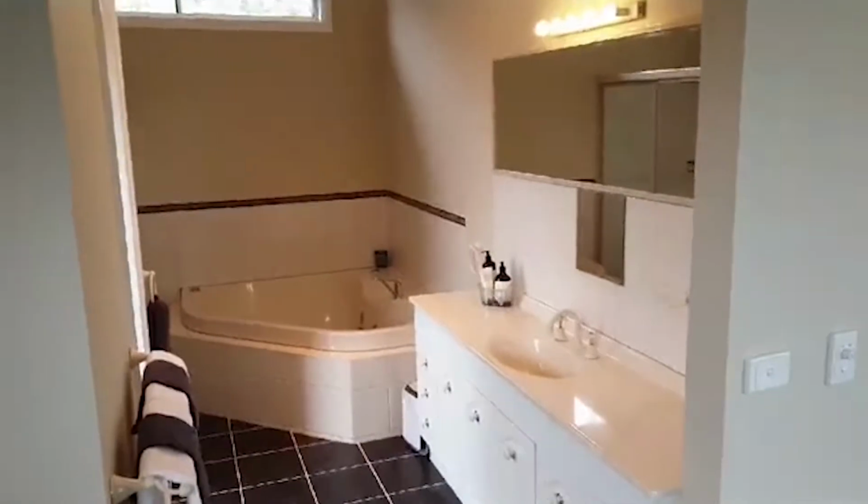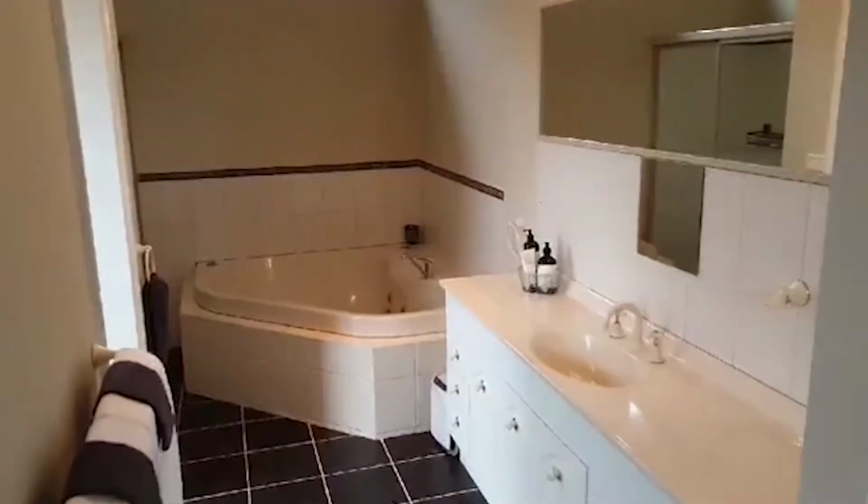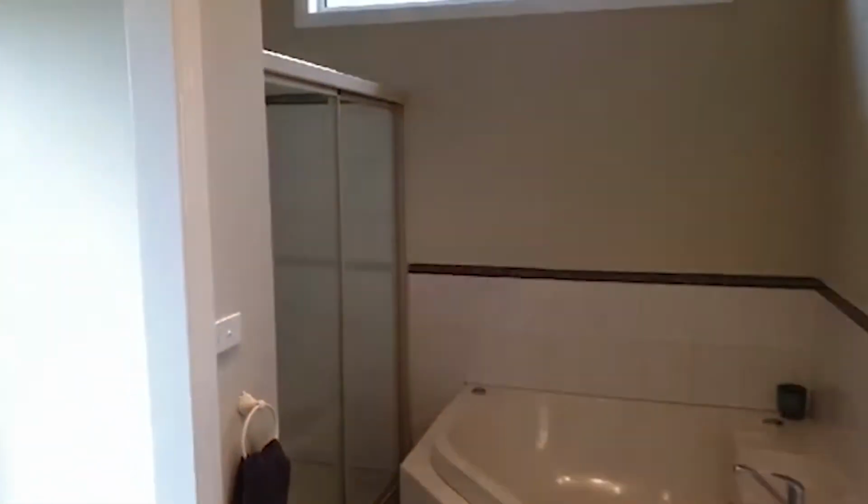bedroom's ensuite. Looks like the weather is the same in Tasmania. Well, I'm actually secretly happy about that, because I was really worried that we were the only ones copping this